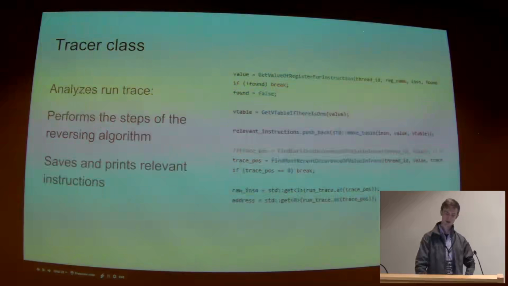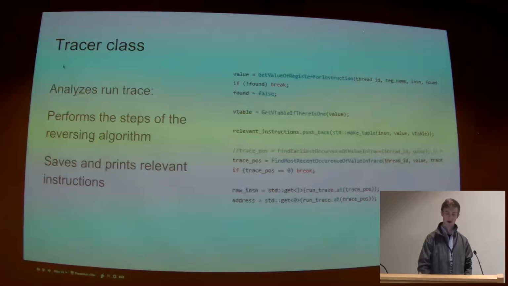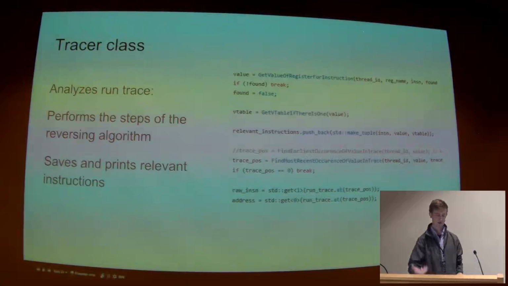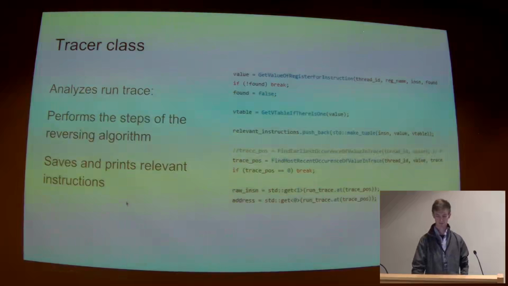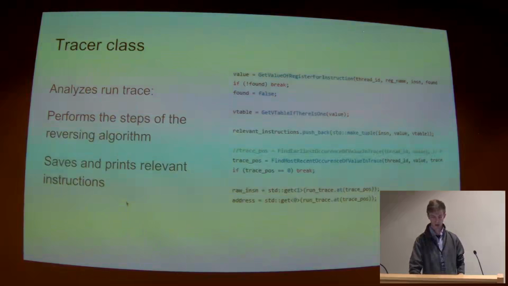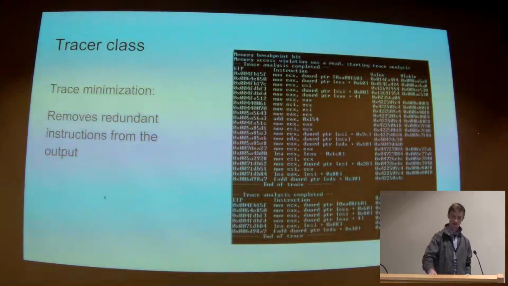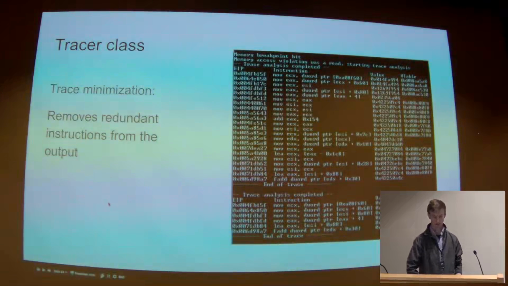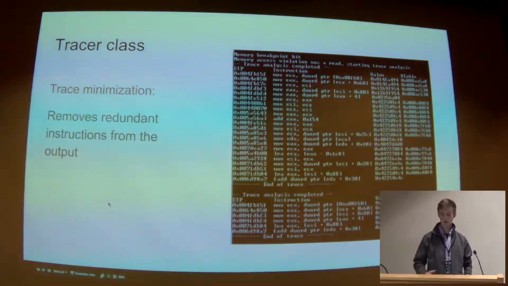And then the tracer class, which analyzes the run trace, performs those steps with a reversing algorithm. And then when it's done doing that, it saves and prints the relevant instructions. So the tracer class is actually what's showing us that useful output. And one last useful feature I was talking about that the tracer class does is it removes redundant